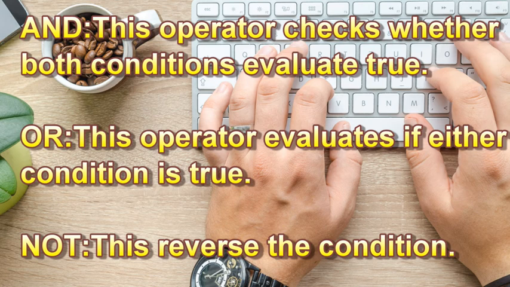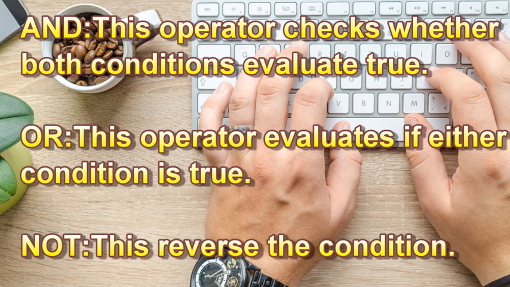The second kind of operator that we have is the OR operator. The OR operator is basically used to check if any of the conditions on either side of the operator is true, it will evaluate the result to true. If either of them is true, then the result will be true, no matter if one is false and the other is true.